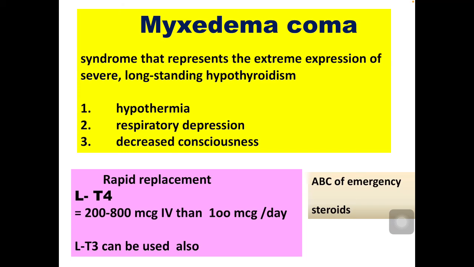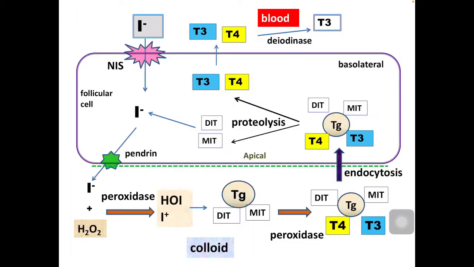Along with that, you need to stabilize the patient, you need to maintain the body temperature, increase the body temperature, you need to give IV fluids, you see that whether the patient's respiration is improving or not. All these emergency measures have to be taken, followed by administration of thyroid hormones. Along with that, steroids for a short period of time have to be given. Okay, so this is the treatment of myxedema coma.